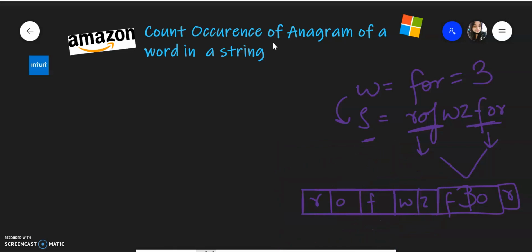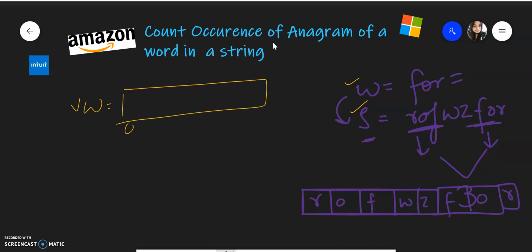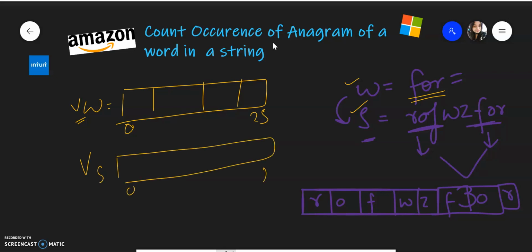So let's get started. Let's try to do a little bit of dry run. How are we going to do that? With this, I am going to use hashing. We'll have a vector for both the strings, right? Suppose I name it as WV. What we want is the count of alphabets. So in WV we are going to store the frequency of each character, and in WS we are going to store the frequency of each of these characters.